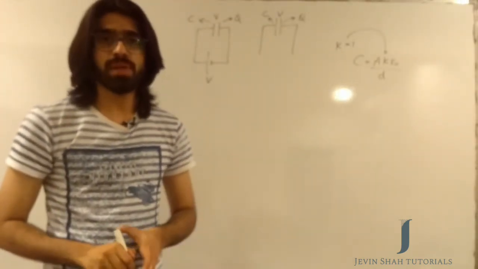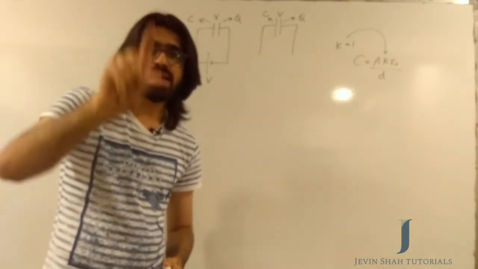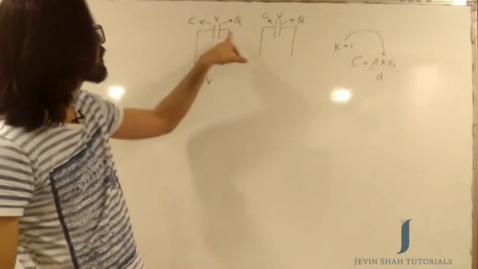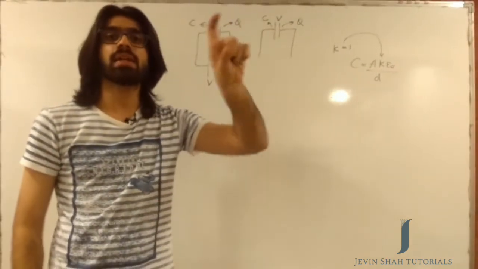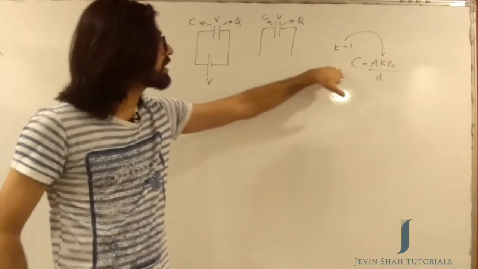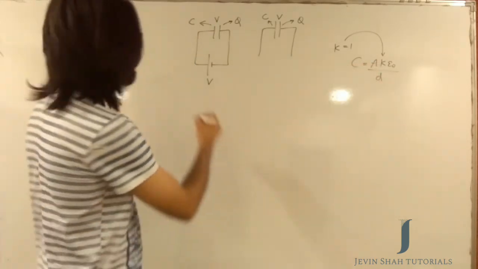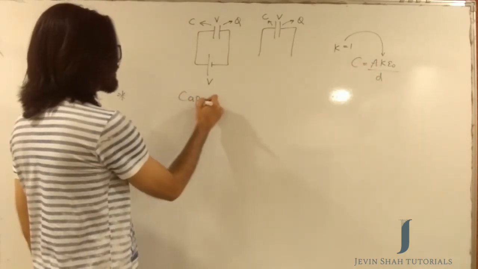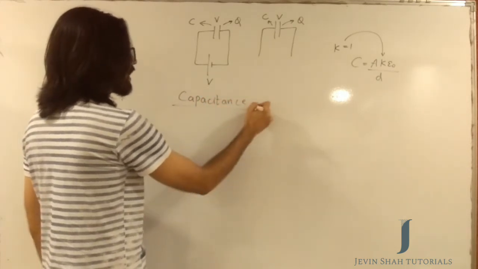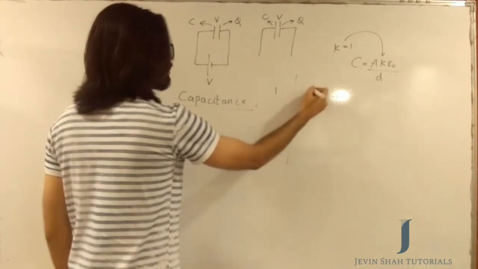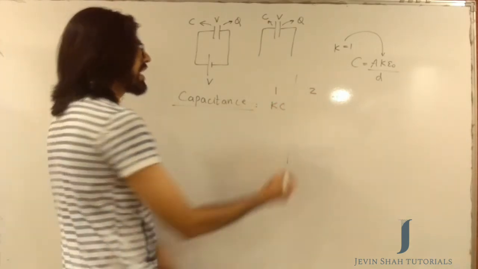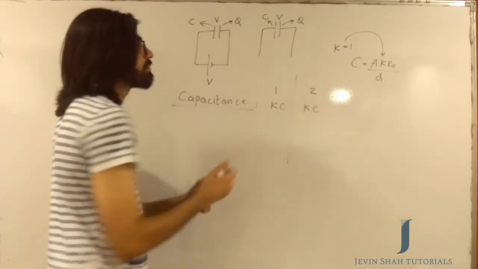Now say for example, I am putting a dielectric in the medium, a dielectric between the plates of the capacitor. If I put a dielectric in between the two plates of the capacitor, the capacitance will increase by K times. So there's a difference in capacitance you will see after putting a dielectric. The capacitance in the first case is going to become K times C, as well as in the second case it's going to become K times C.